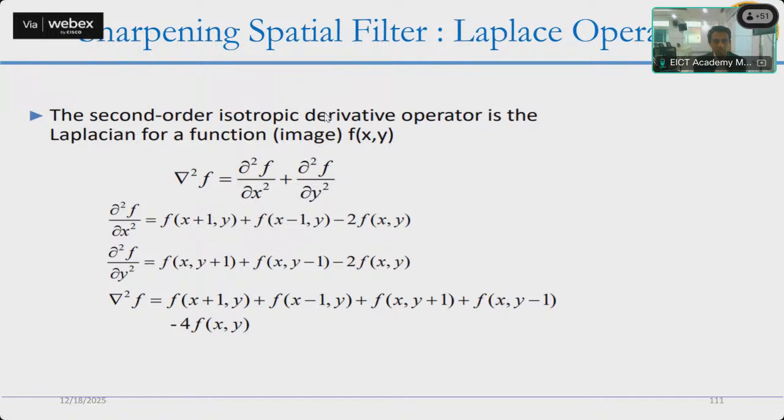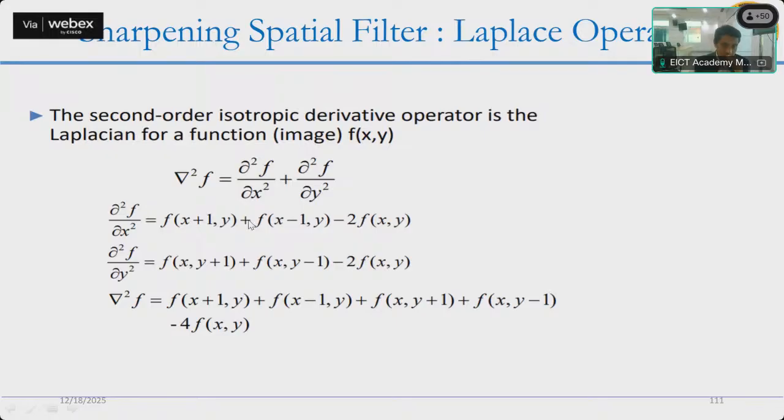In mathematics, you would definitely have seen this. We basically call it the Laplace operator, right? Laplace operator. For example, this function f(x, y) is on two variables. The delta operator, del square, equals del square f upon del x square plus del square f upon del y square. This is the partial derivative. So what does this mean?